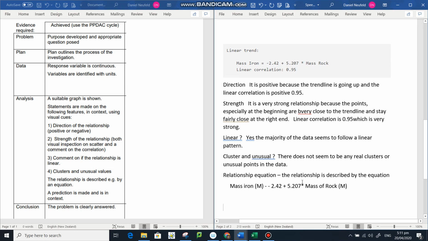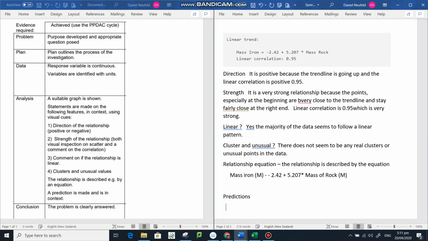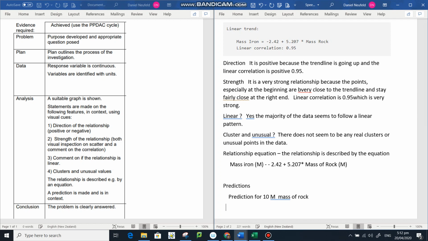Next, prediction needs to be made. Predictions. And again, you use a mass of rock to predict some mass of iron. Use this one to there. Okay, because my predictor variable was the mass of rock. So let's go prediction for mass of rock. Let's say 10. 10 M mass of rock. Okay, if that's the case,